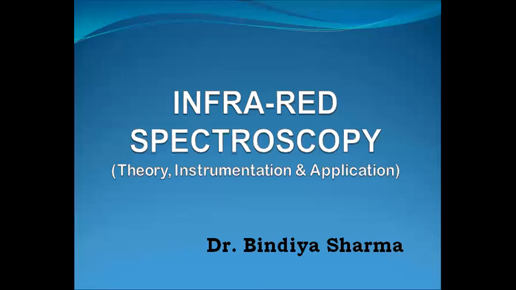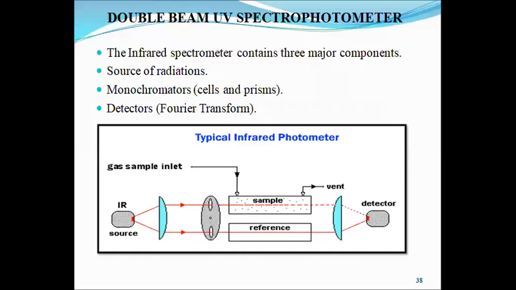In the previous lecture on infrared spectroscopy, we discussed the principle of infrared spectroscopy in detail, and in this lecture we will be discussing the instrumentation and application of infrared spectroscopy. So let's start with the instrumentation of infrared spectroscopy. For the study of infrared spectroscopy in the infrared region, infrared spectrophotometers are used, which have the device for both producing and recording the spectra. Most of the spectrophotometers work in the range of 2 to 17 micrometer.